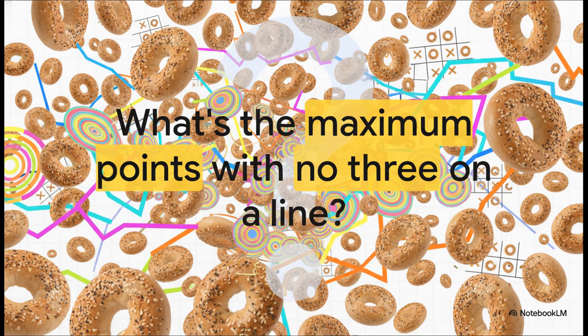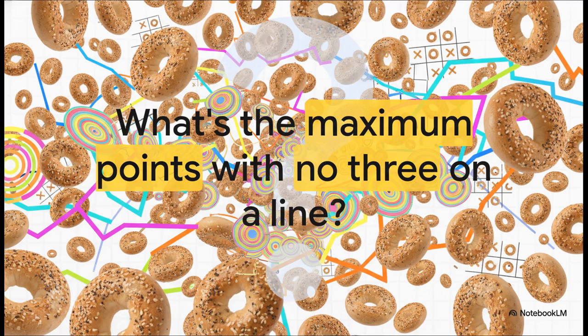Let's rewind a bit. Over a century ago, a mathematician named Dieudonné posed this famous problem. If you have an n by n grid, what is the absolute maximum number of points, or, delicious everything bagels in our case, that you can place on it so that no three ever form a straight line? This is known as the no 3-in-line problem, and it's an absolute legend in discrete geometry.